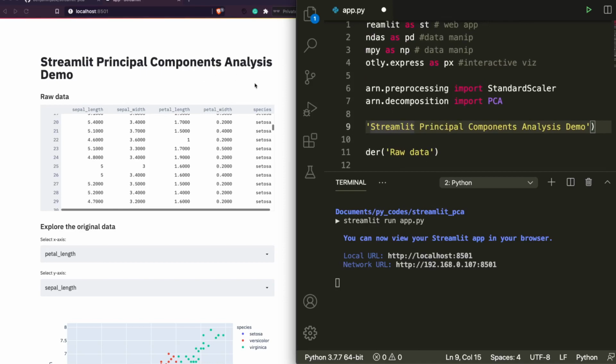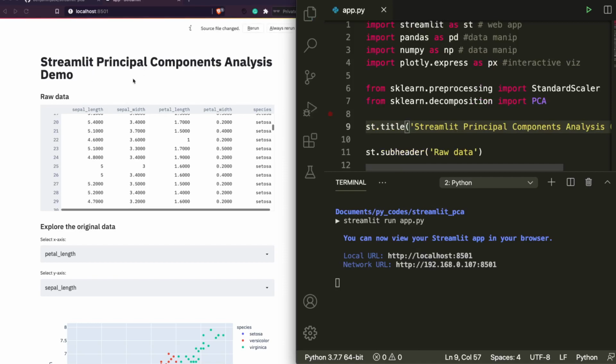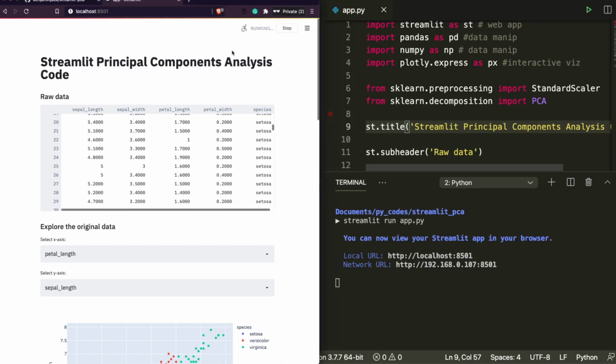So if you want to make some change, say to the title, principal component analysis demo, if you save, you would see that it says there is a change in your app, so it's asking you to rerun it. When you rerun it, you would see that change.